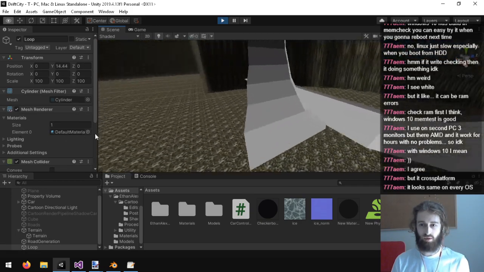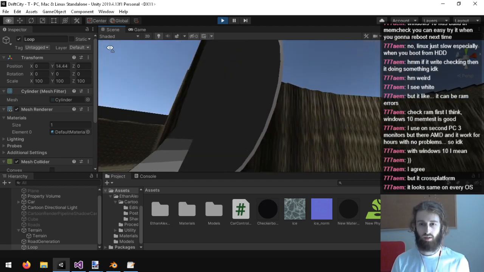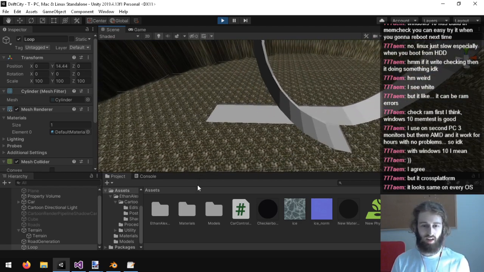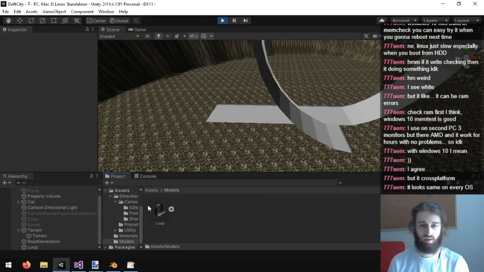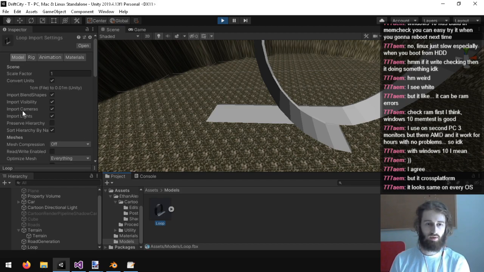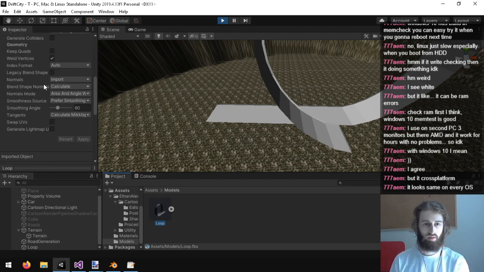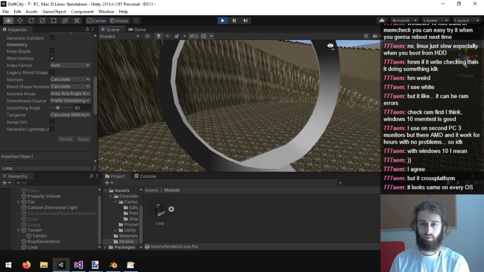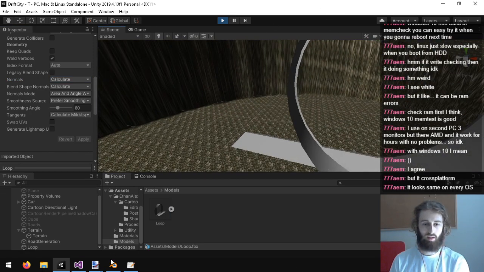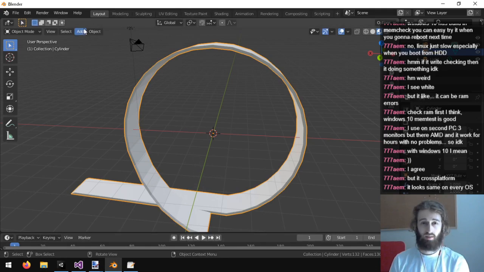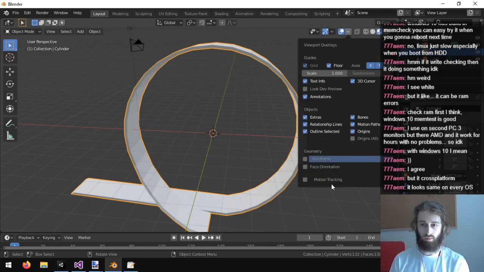Oh, wait, this is rendering inside out. Did Blender lie to me about the normals? This is actually flipped. What the hell? So was Blender lying to me about these normals?